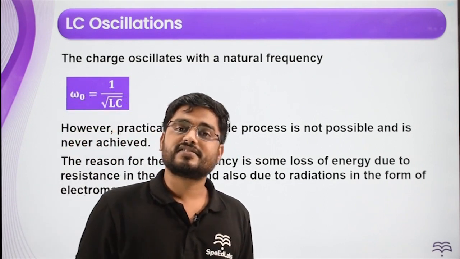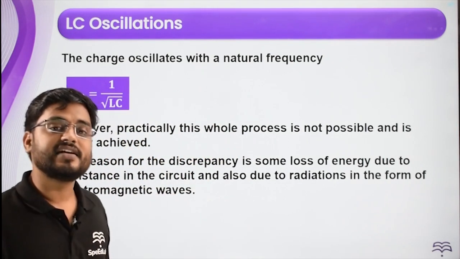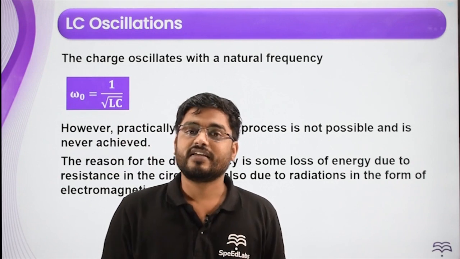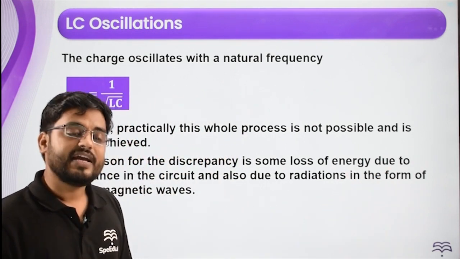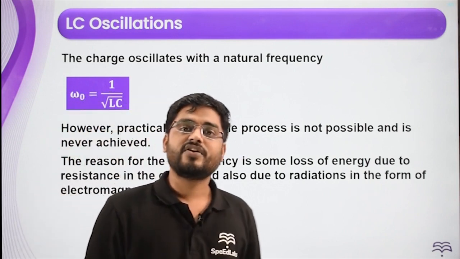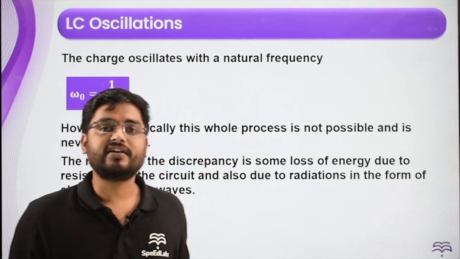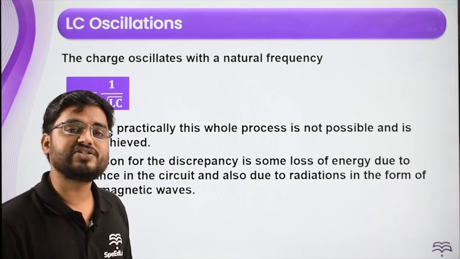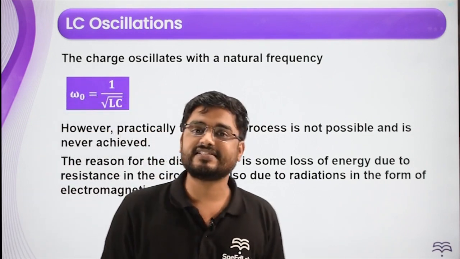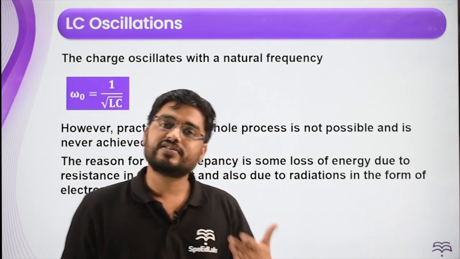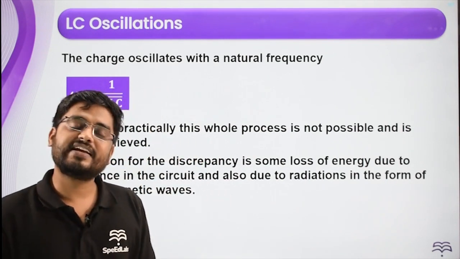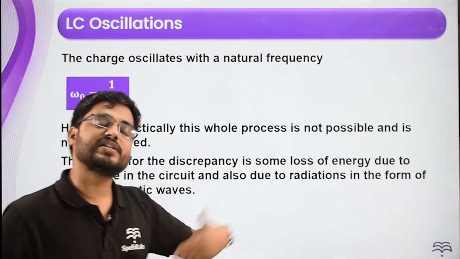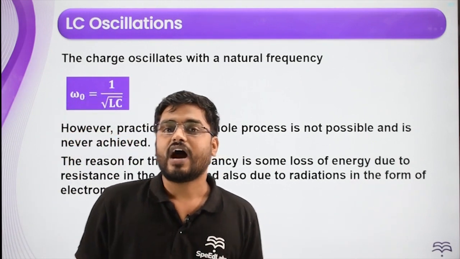So since some of the energy loss happens there, the continuous oscillation for infinite time is not possible. It is oscillation which is damped, and eventually there is an energy loss in the form of heat in the resistor, and the oscillation stops. The entire energy, electrical energy and magnetic field energy, goes in the form of heat out of the system.